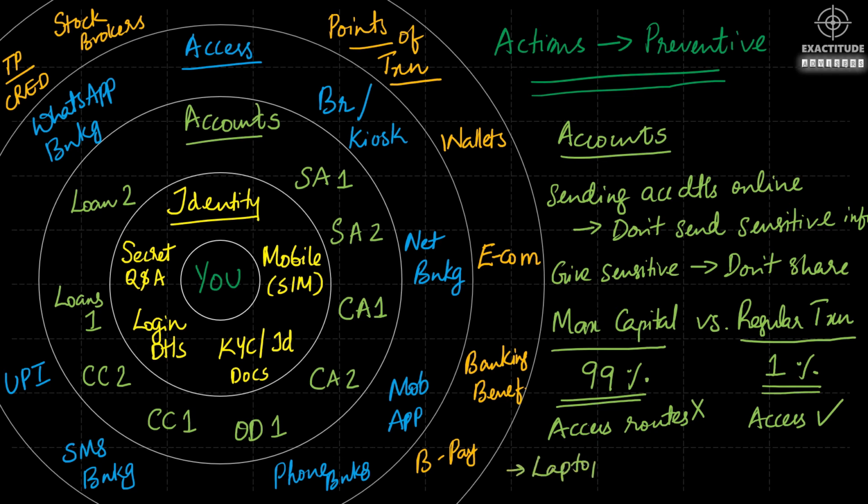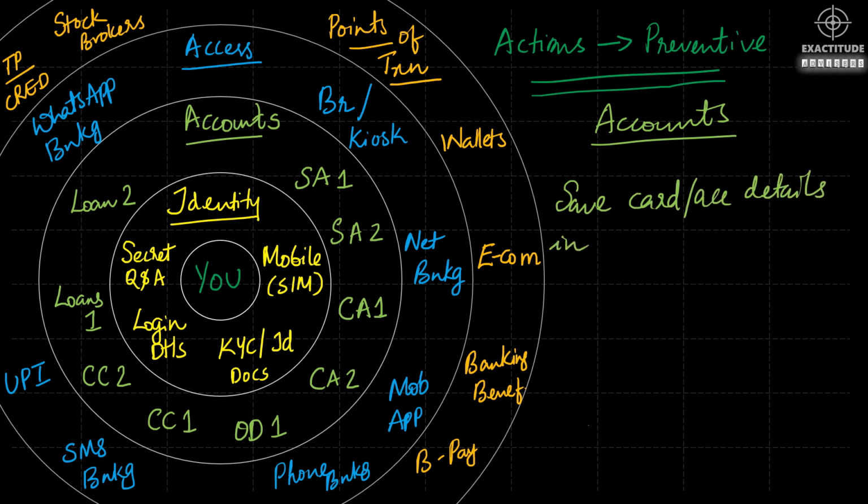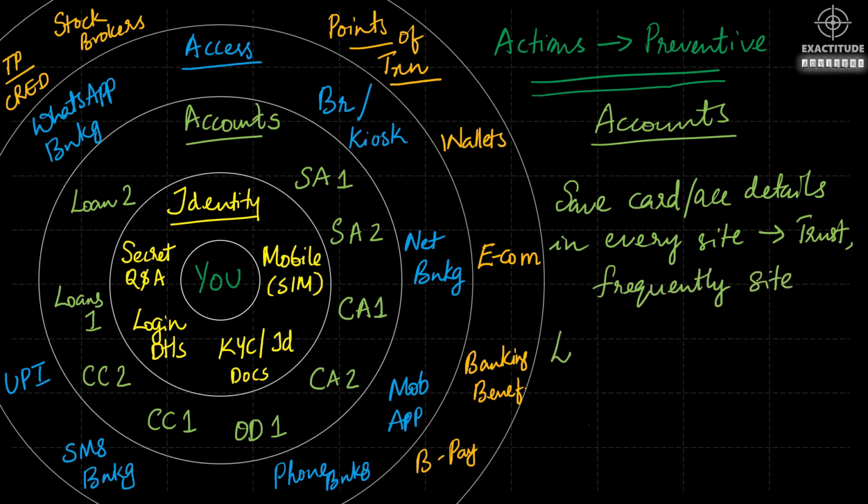And the next mistake people do is actually doing transactions, especially on the max capital account, through your mobile phones. Make sure to do it through laptop because it has better antivirus and control features. Saving card details online in less trusted sites or in every site is another common vulnerable action that people do. Make sure that you save card or account details only in the most trusted, frequently visited sites, as that will